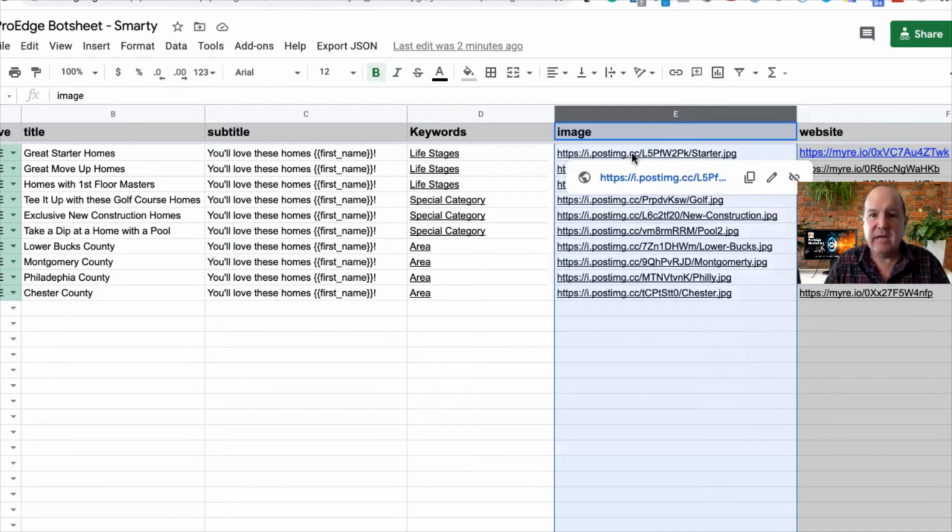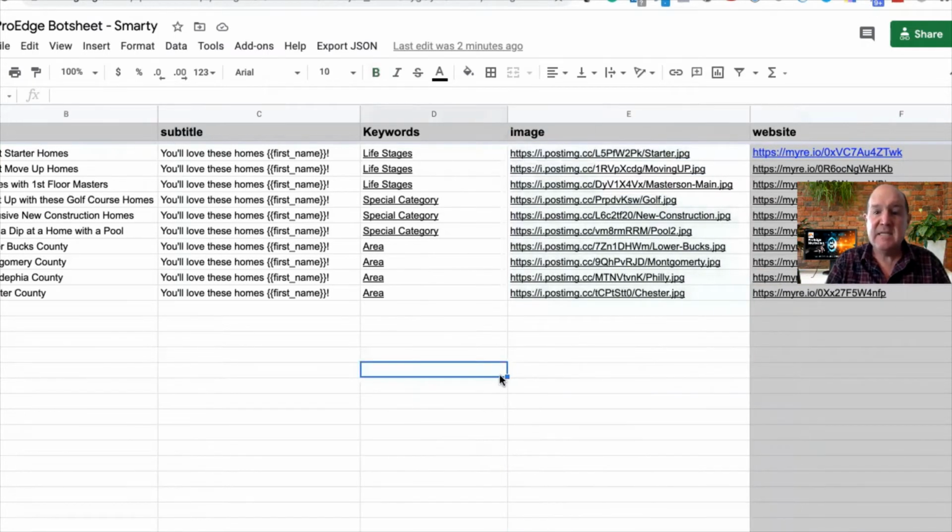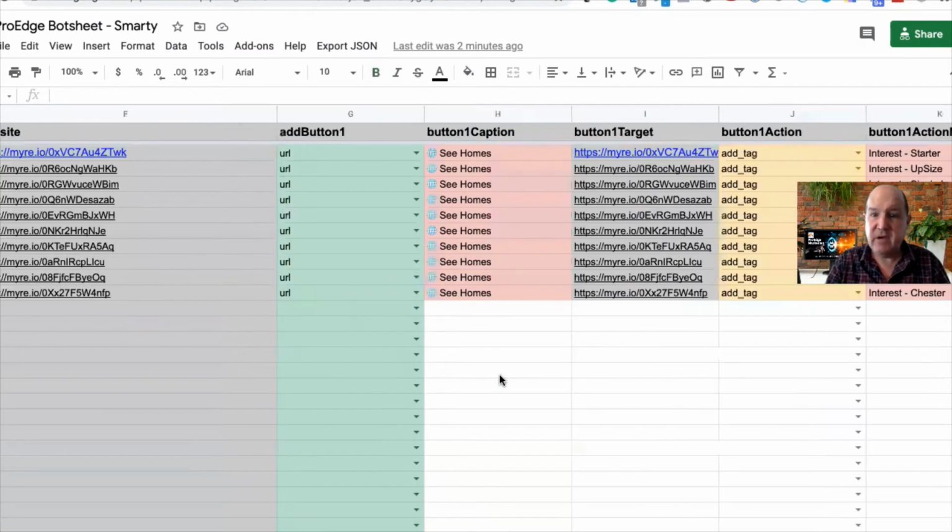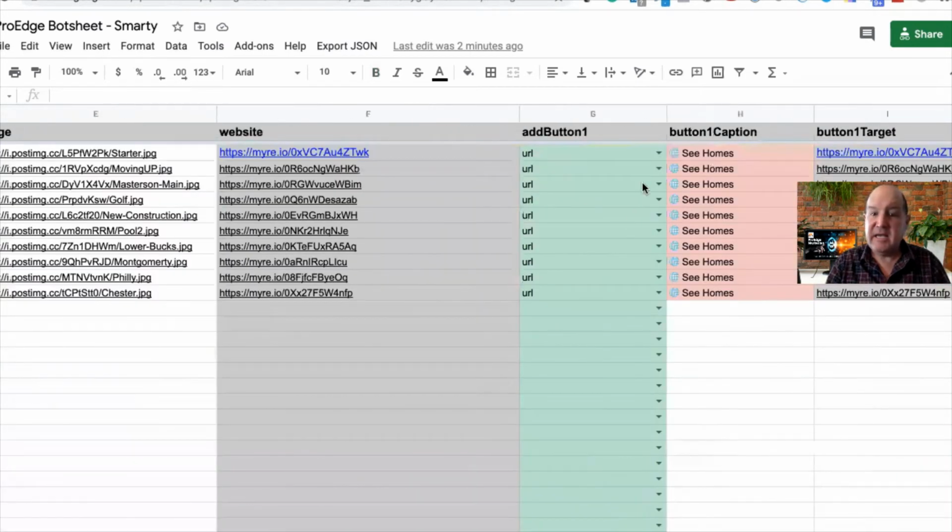I also like another program called PostIMG. You could check it out on the internet. It's just another hosting site for pictures. So I put my pictures up there, and then it lets me grab the HTTPS link for each of the pictures that I'm displaying. Now, inside of Botsheets, they let you configure each button with these other columns here,